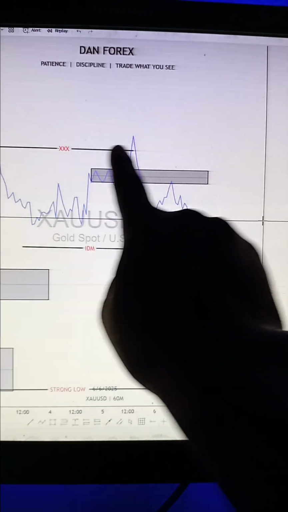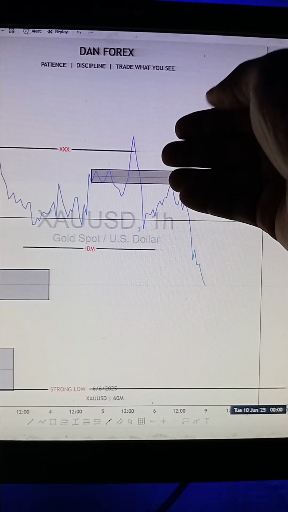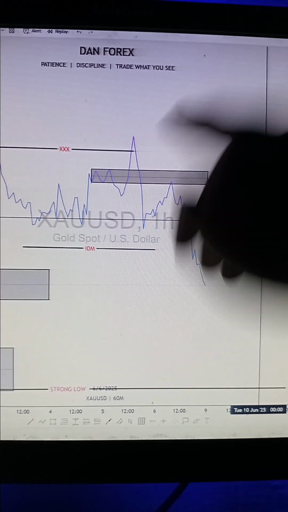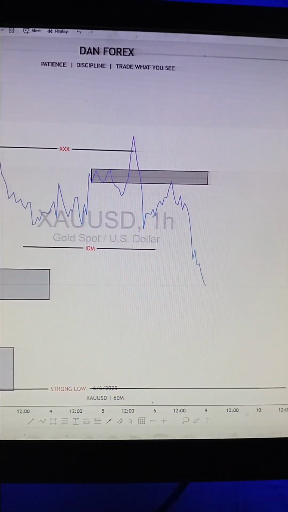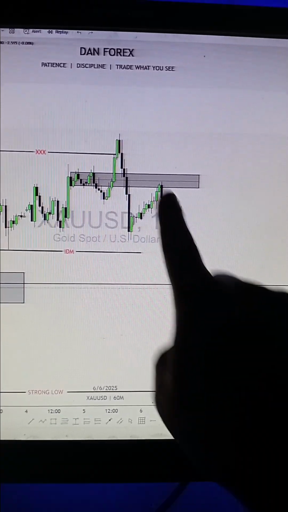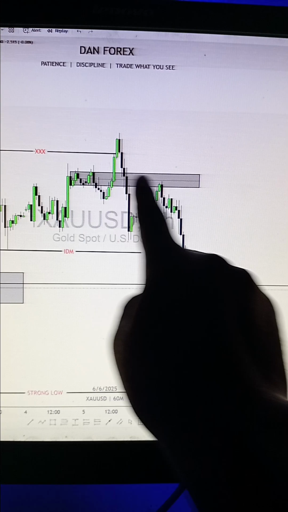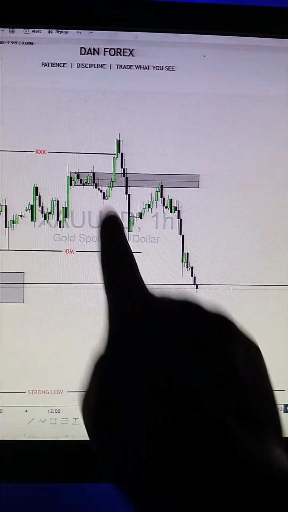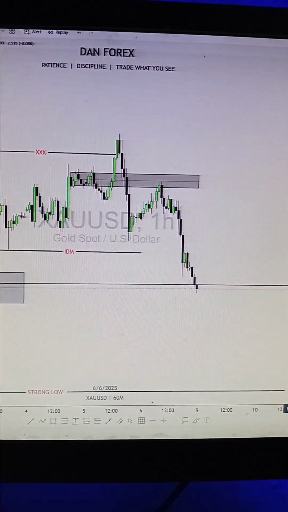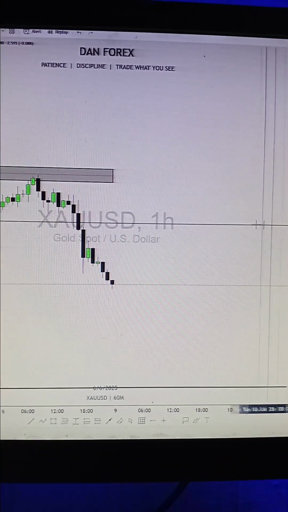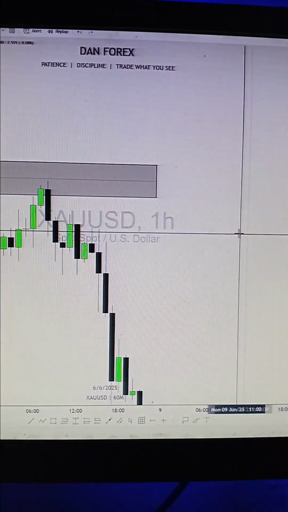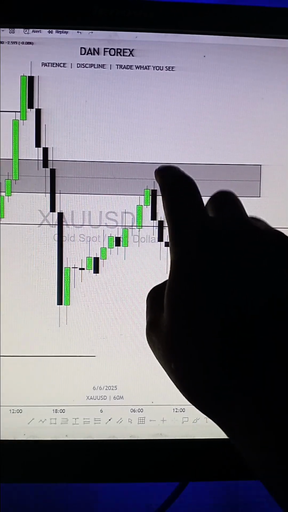Remember, we have a sweep of liquidity around this area, so we are not even convinced that the market will go up there. So we have this area. When the market tapped it, it mitigated what we can call our resistance area. When the market was mitigating this area, we narrowed down to 30 minutes to look for entries, but we needed more confirmation that the market was rejecting this area.